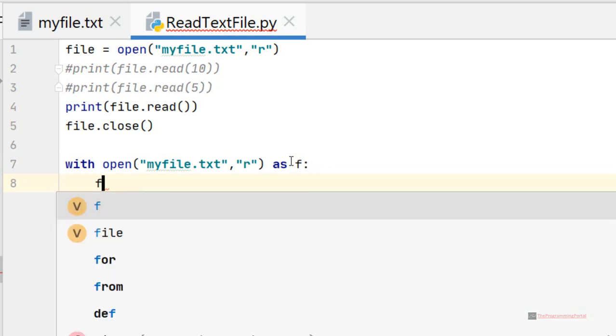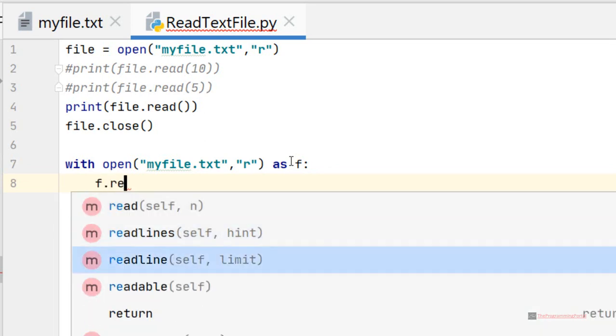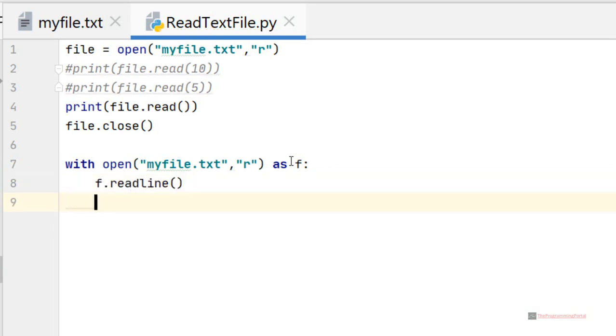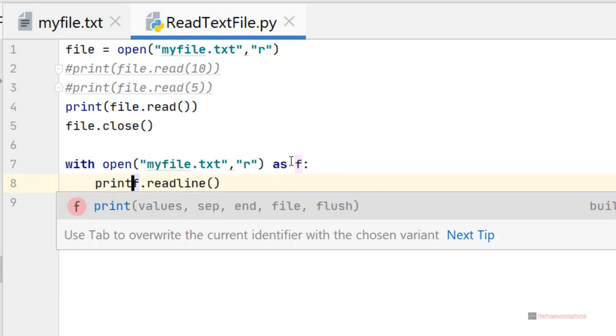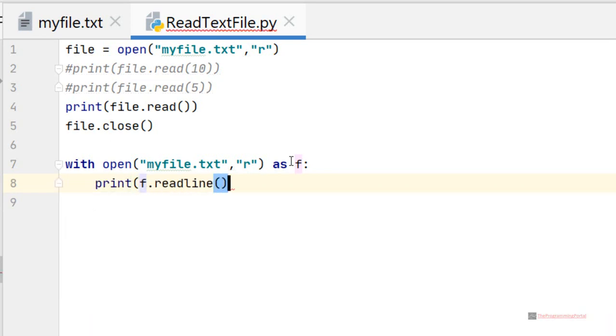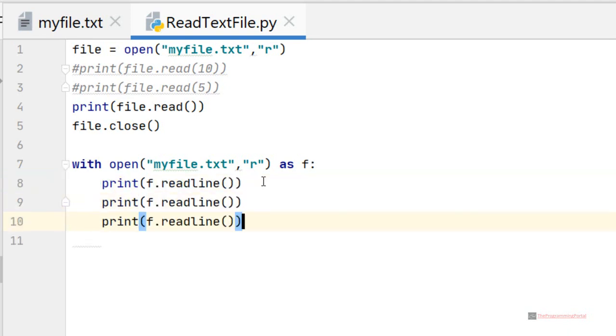So we just have to write f.readLine and we can write print. Every time it will read the next line. Also, we don't have to close the file instance. By using the with method, Python automatically closes that file instance.